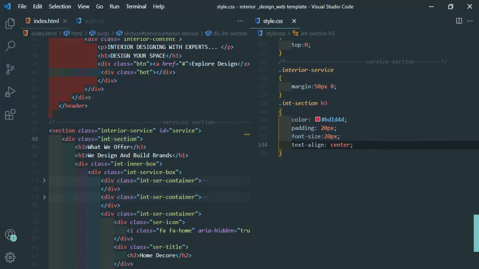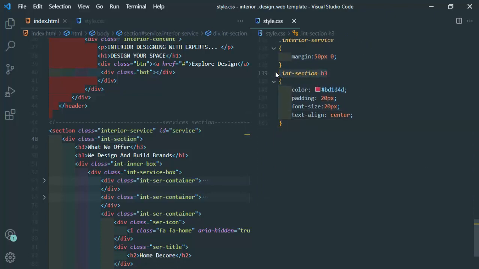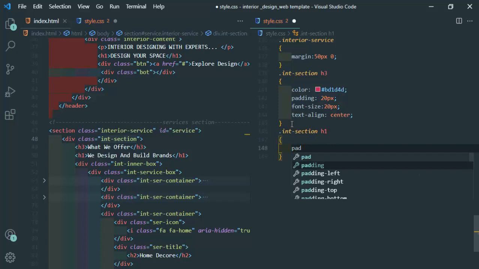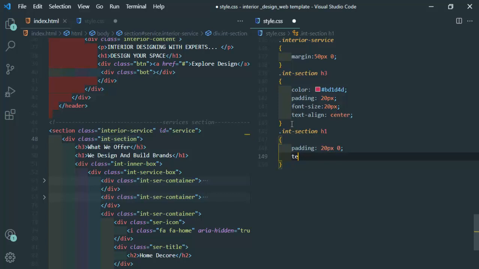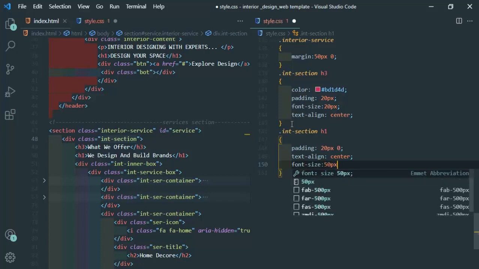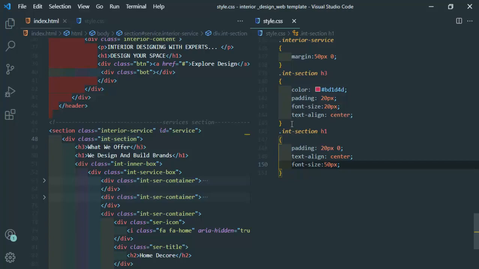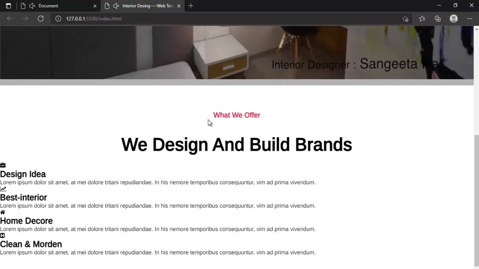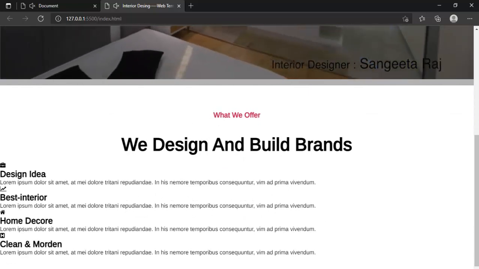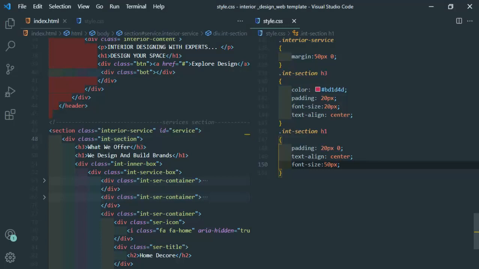so now we are going for our H1. Heading property should be 20 pixel from top and bottom, 0 pixel from left and right. Text align property is center, and the font size is 15 pixel. Okay, so let's just check our part. Okay, so see, this particular content is done. Now we are working on our boxes. Okay,